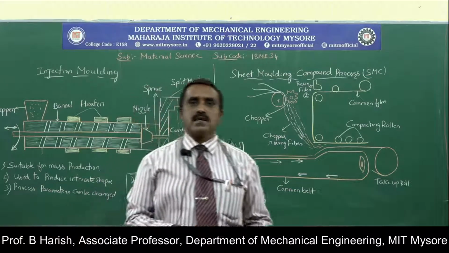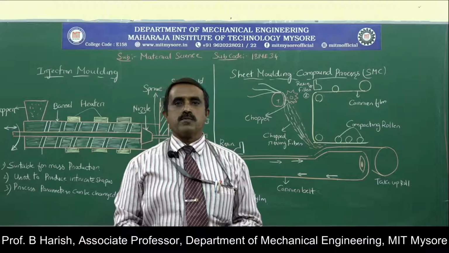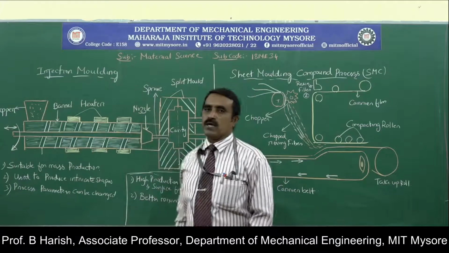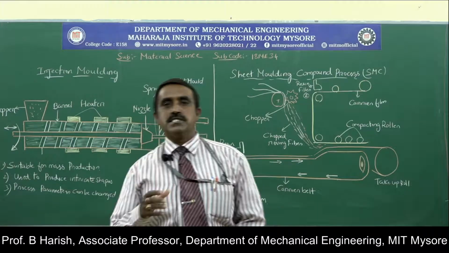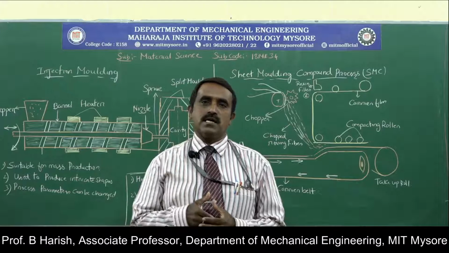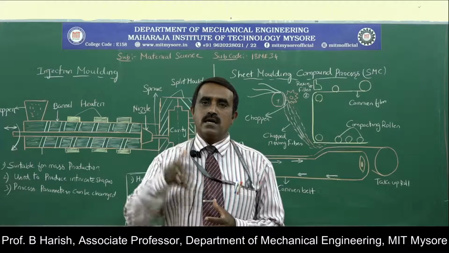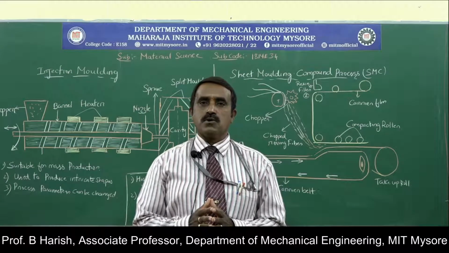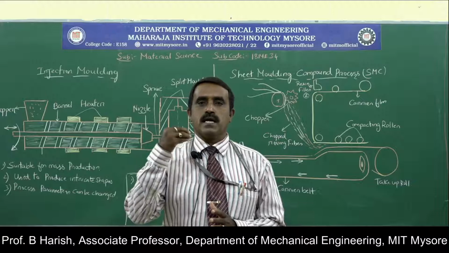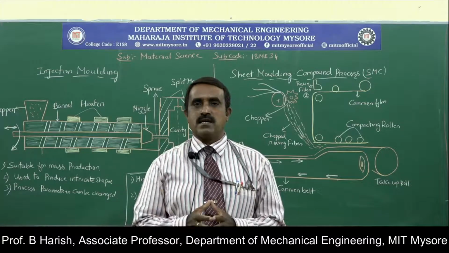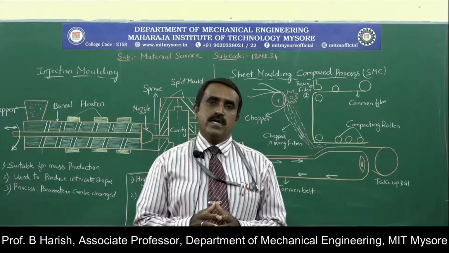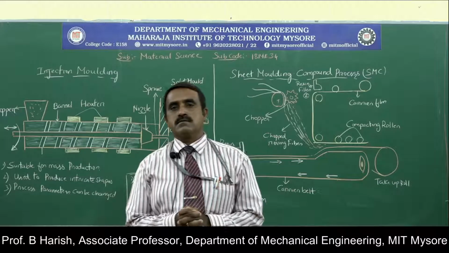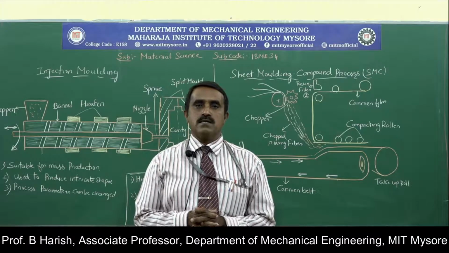In the last session we discussed three types of closed molding process. We will continue with the remaining two. Coming to the first one, injection molding. The name itself tells that it is injection, that is, injecting the material into the closed vessel, through which it is injected into the cavity that is generated. That's why it's called injection molding. This is one of the very frequently used methods of manufacturing composite material.